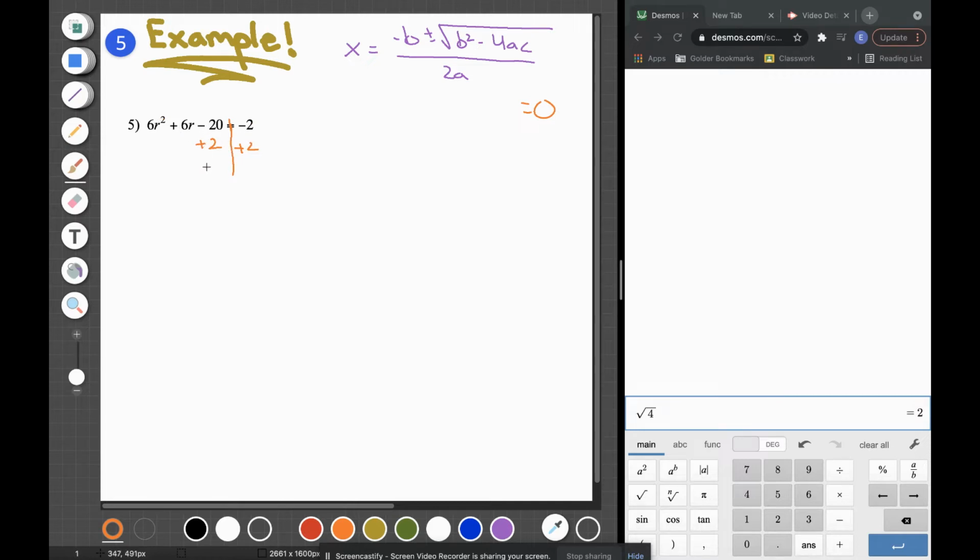So -20 plus 2 gives me -18. And if you weren't sure, use your calculator. I'm going to pull down everything else. So we have 6r squared plus 6r minus 18 equals 2. -2 plus 2 is now 0, which is what we wanted. Boom. Okay, so once you get to this step, we're going to use our quadratic formula,